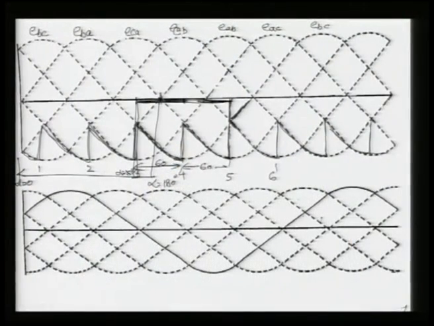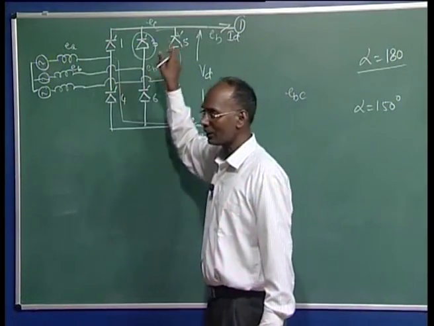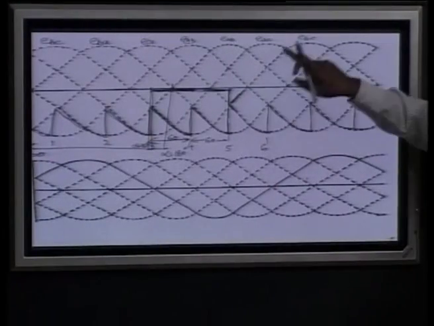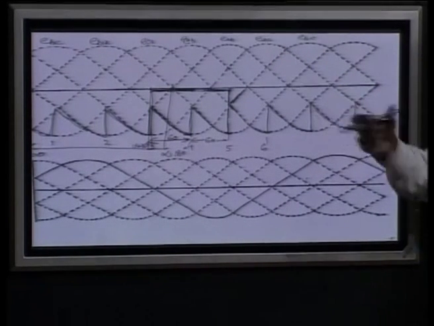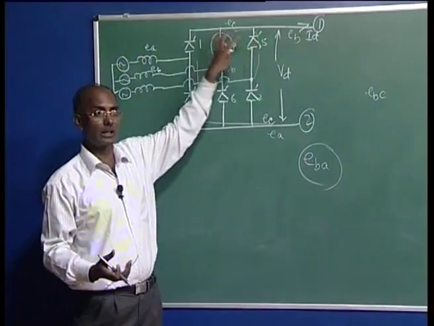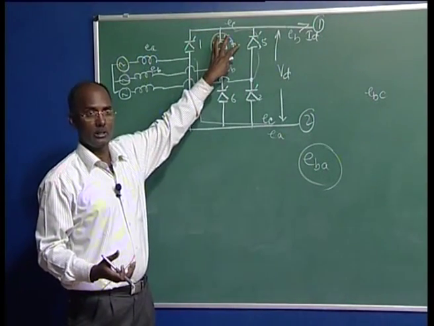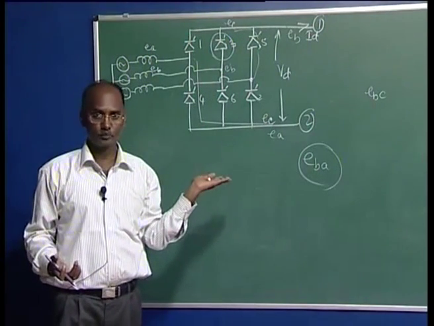Let us see once valve 6 is getting a pulse. Once valve 6 gets a pulse, there will be no change, it will follow the same, because here 6 is pulsed, but still 5 is conducting. So it will continue even though 6 is fired. The change of the valve voltage will only occur if there is any conduction in the upper limb. If this is conducting or this is conducting, then it is going to change. A change here will not change here, because at that time the same valve was conducting.